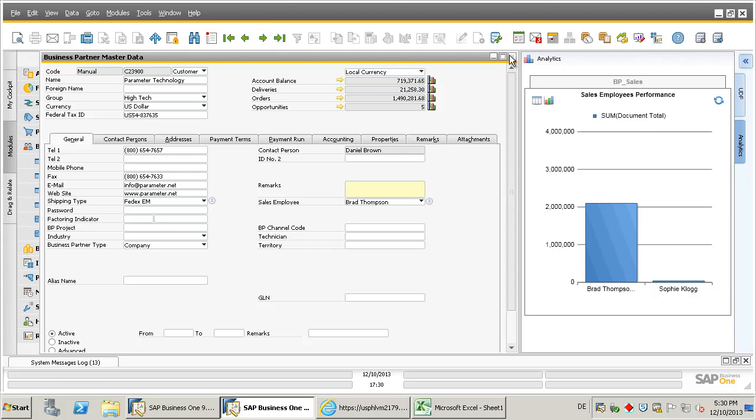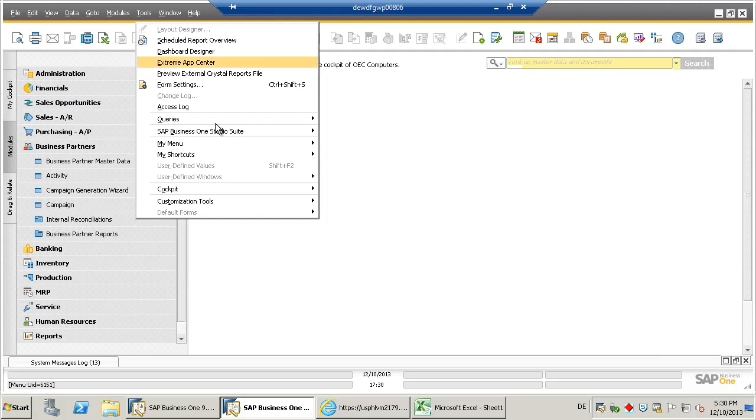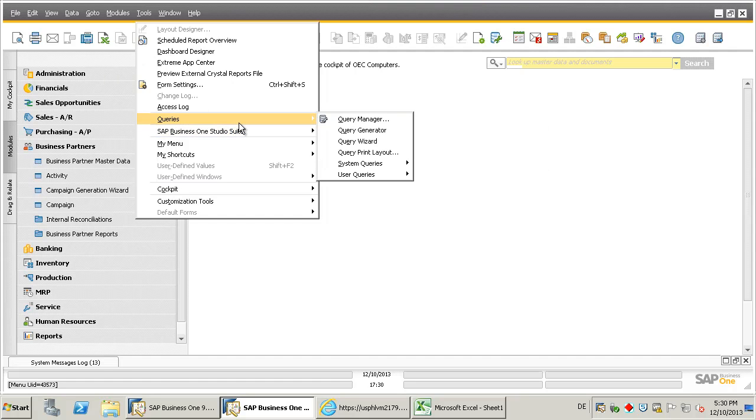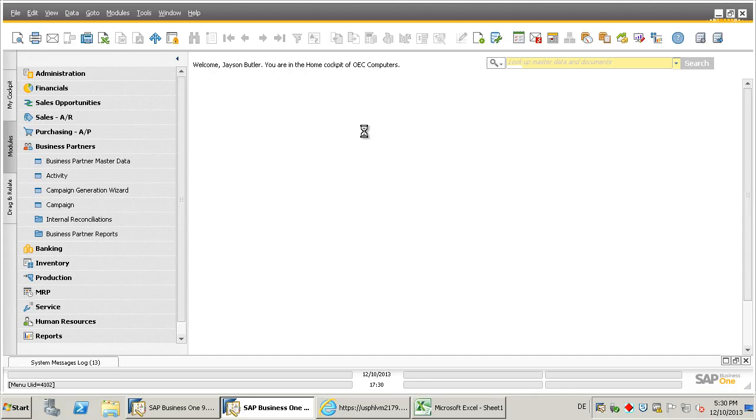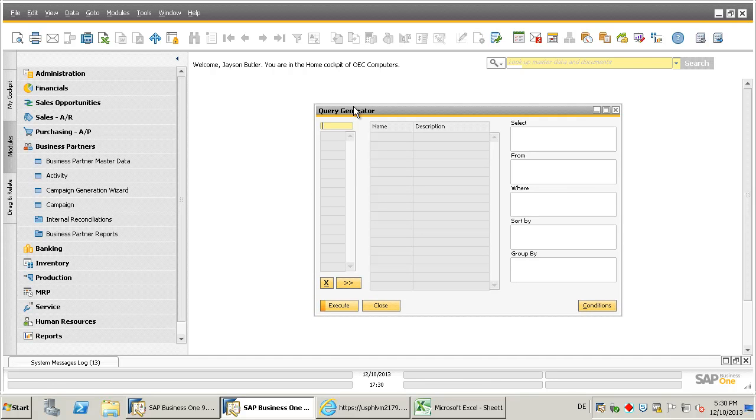And what I will do now is I will add a third and a fourth embedded dashboard. The first one will be about the top 5 items of a business partner. Therefore, I will go to the query generator